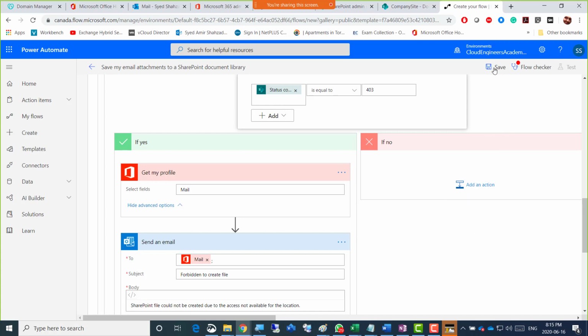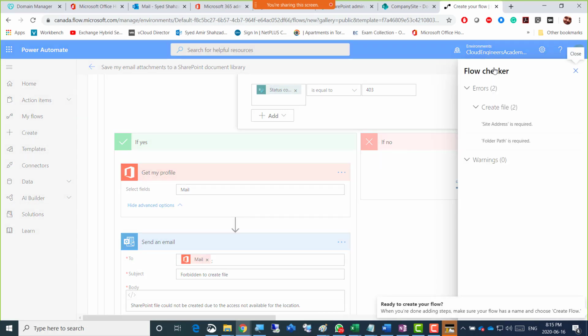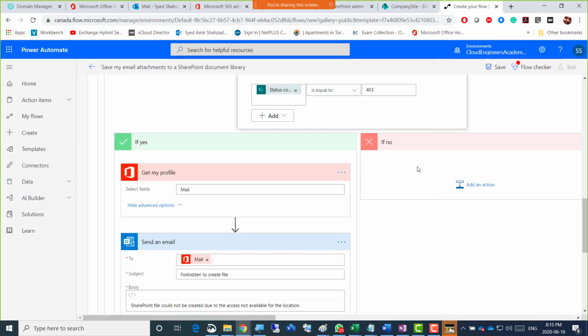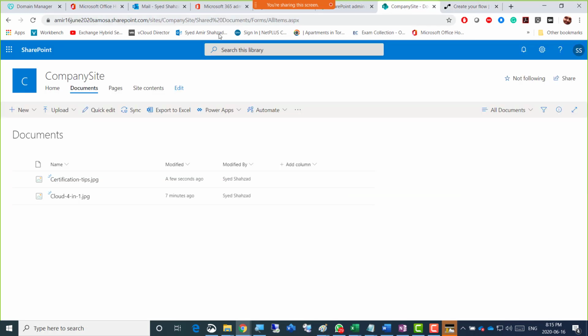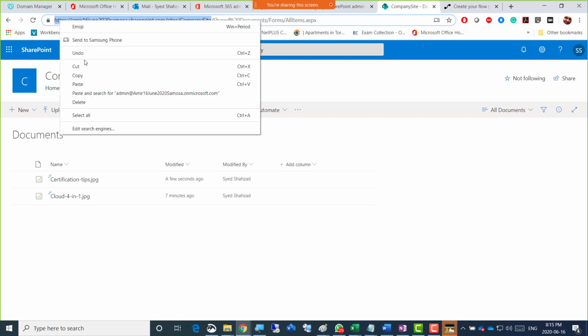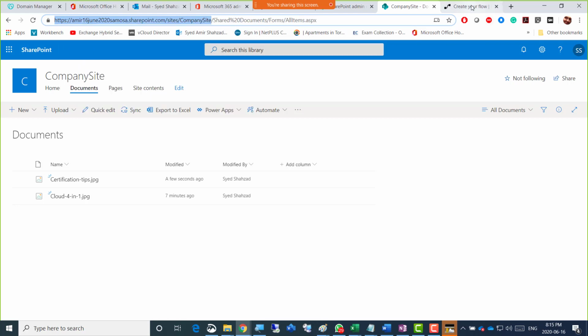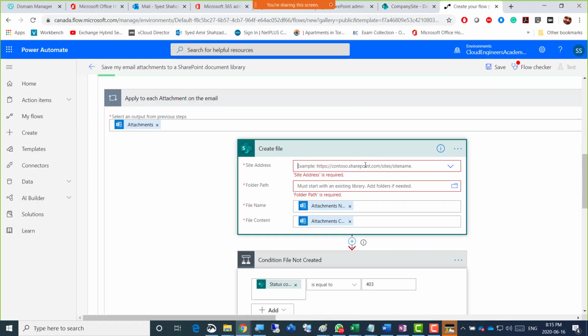Now guys, I think I didn't make a change here. So site address is required. Seriously, folder path is required. So actually I did not make some adjustments here, so it's not working right now. Site address is SharePoint. Okay, it needs to be told which site it will be uploading the document to. That's why it was incomplete, guys. So I was just checking for result, and it was incomplete.